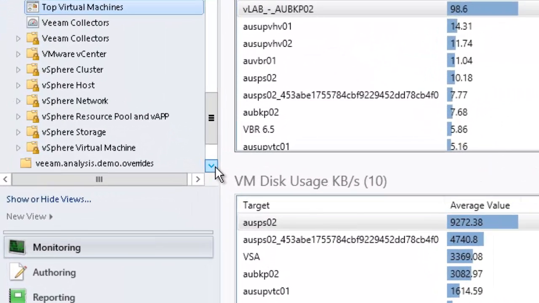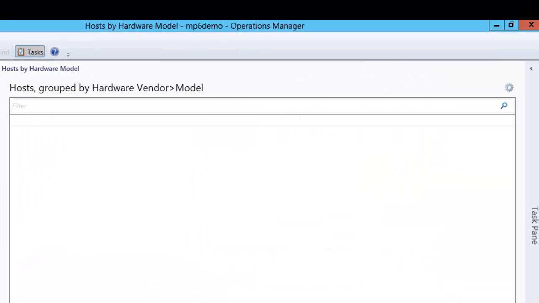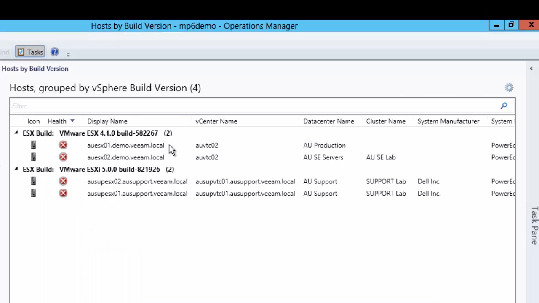So, let me just pick an example here of hosts. So you can see that we're able to split the hosts out by hardware model. So you can see that we're using a couple of Dell servers here, or it could be by vSphere build version, and again summarized with health state. And then of course I can drill in and see